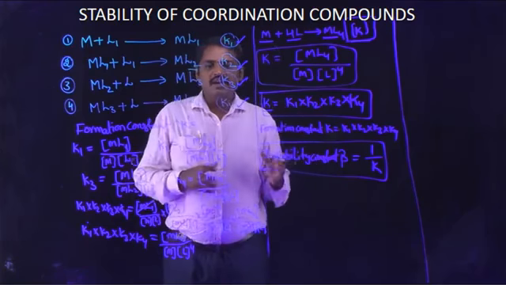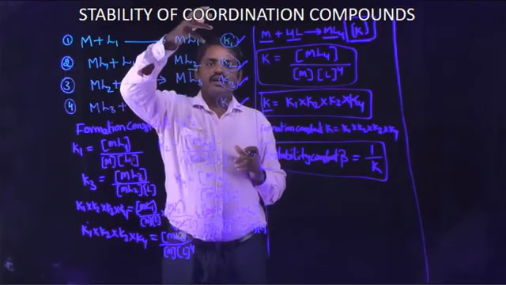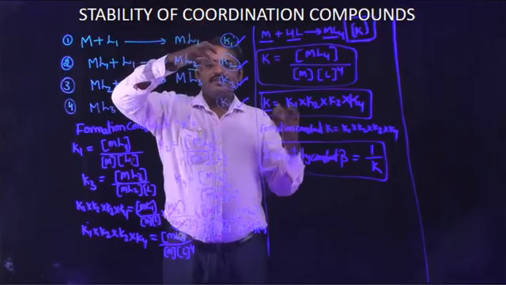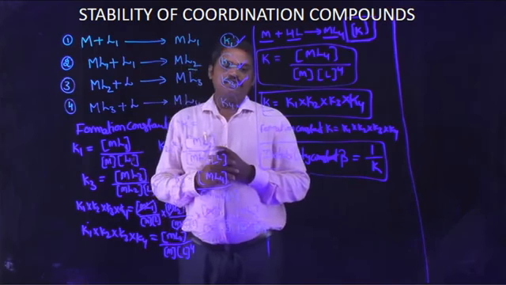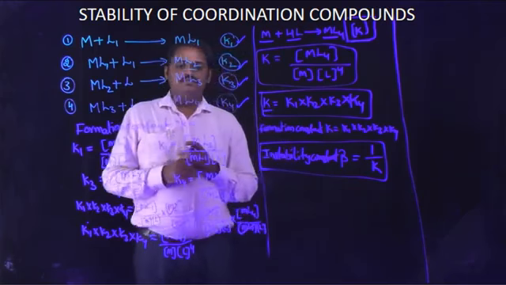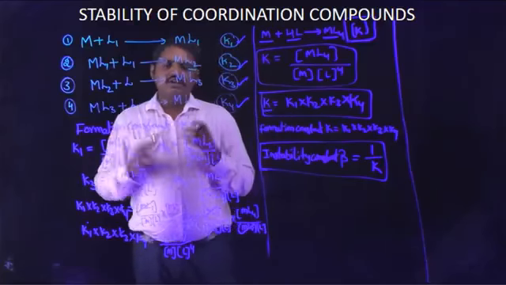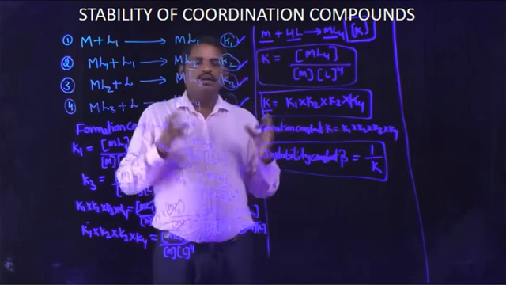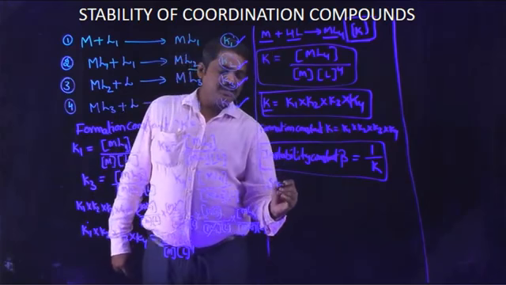So the stability constant is expressed on the basis of the equilibrium constant. The indirect step equilibrium constants are used to calculate the stability constant for the given coordination compound. But theoretically, according to the theoretical concept, the stability of coordination compounds is observed in general